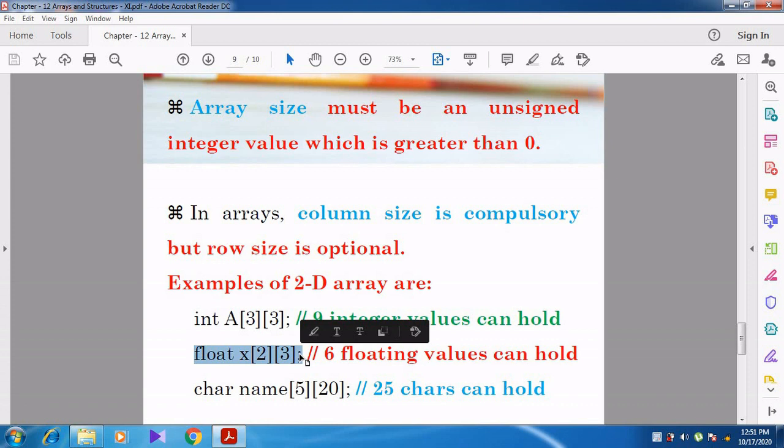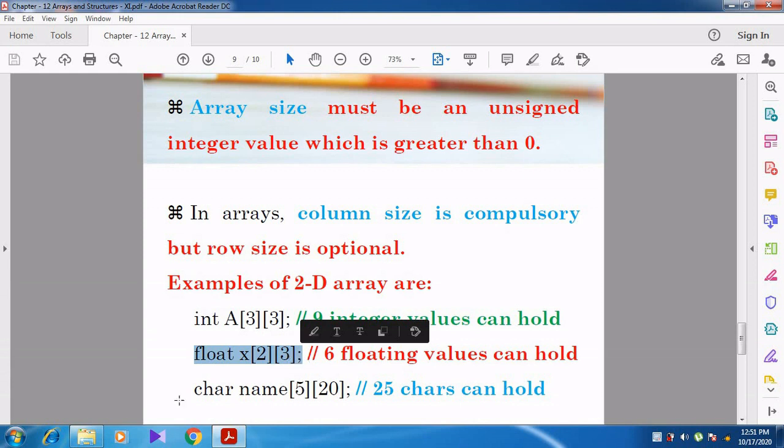From this, x is the array name, 2 is the row size and 3 is the column size. X is a two-dimensional array of floating type. So 2 cross 3 means totally 6 floating point values can be held by this array.